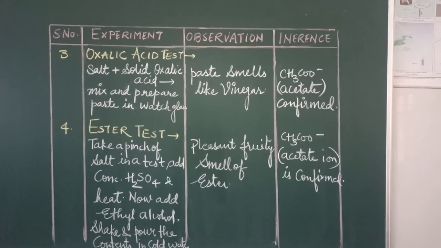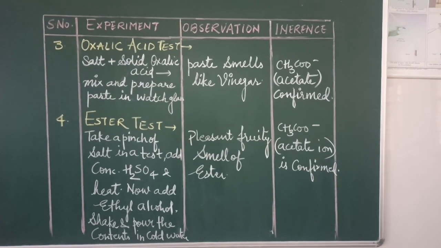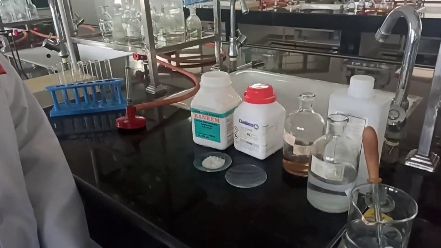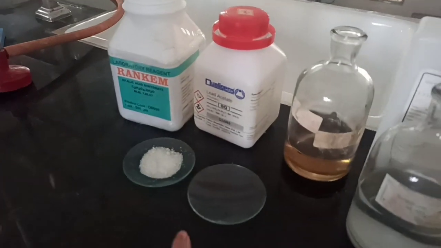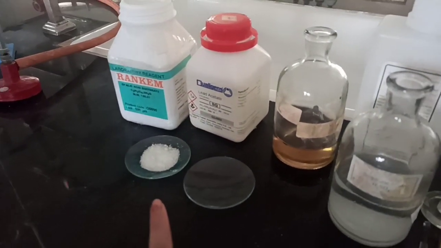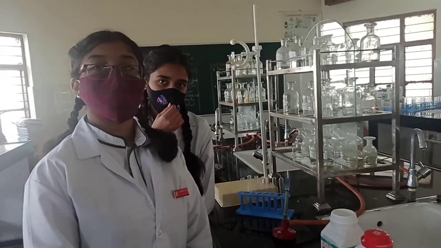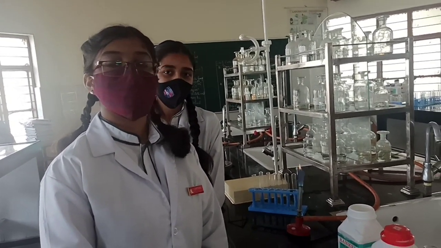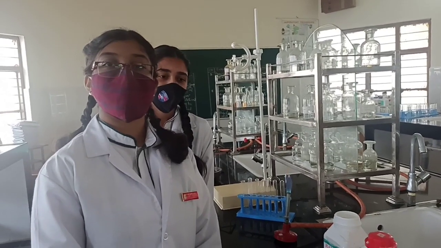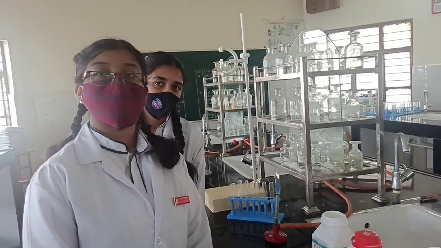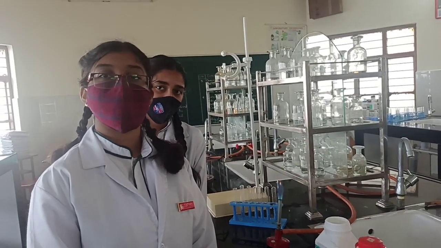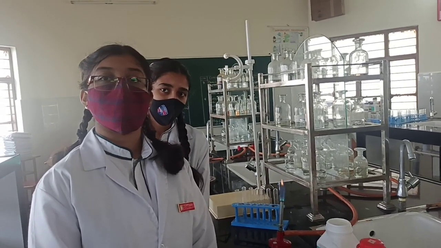So let us proceed and see how to do it in the lab. So this is the white salt which has to be tested for the presence of anion, and we have with us Bhavna and Soumya who are going to do this test for us. So as you already know that whenever we get the salt, what is detected very first? Anion or the acidic radical.